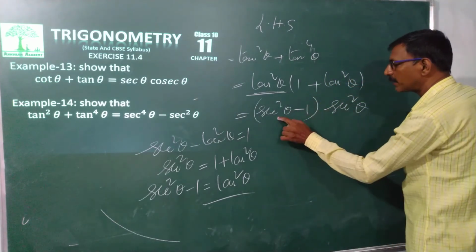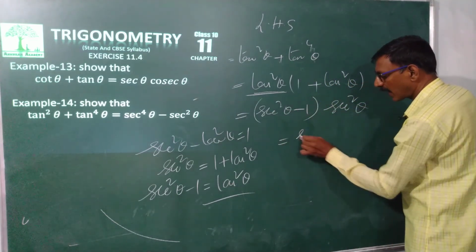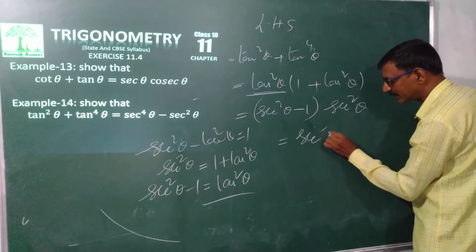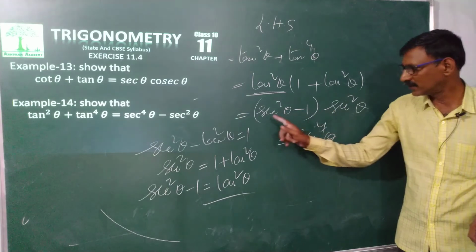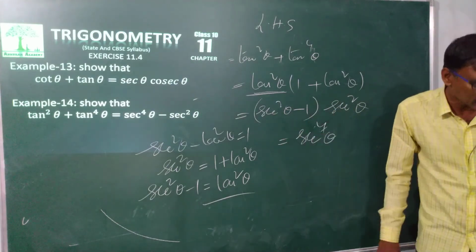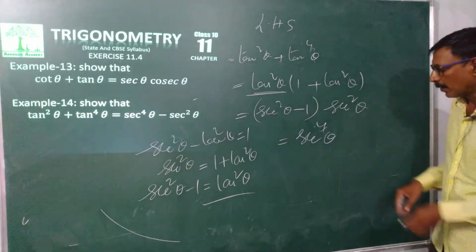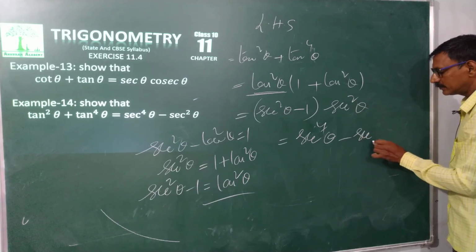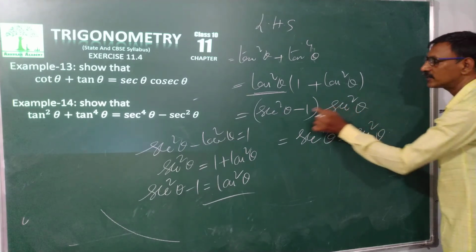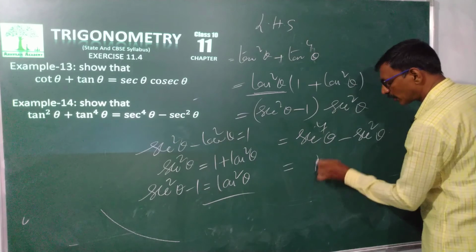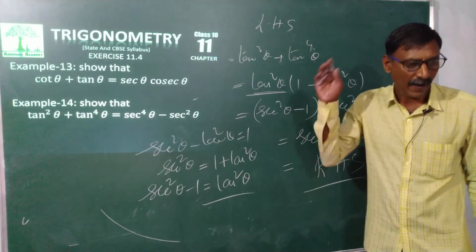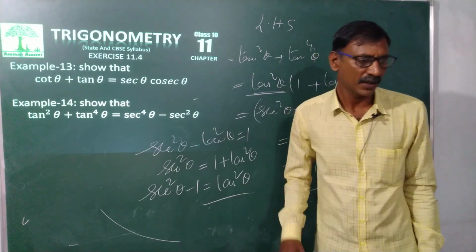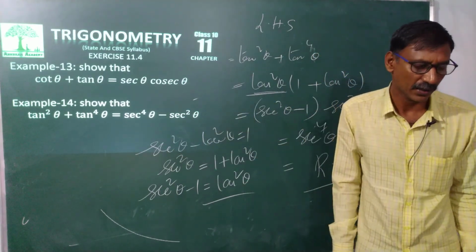So this is multiplied by this and this is multiplied by this. I will get secant theta whole to the power of 4. This is say some x square. This is also x square. X square into x square, x to the power of 4, like that. Minus secant square theta. It is multiplied by 1. This is equal to how much? RHS. Yes. So LHS is equal to RHS. Hence, it is an identity in trigonometric ratio. That's all. Over.